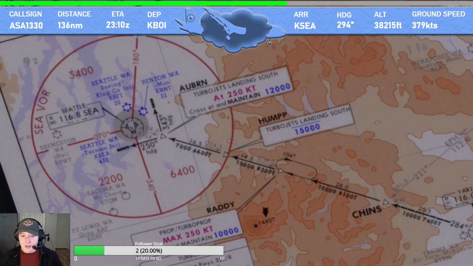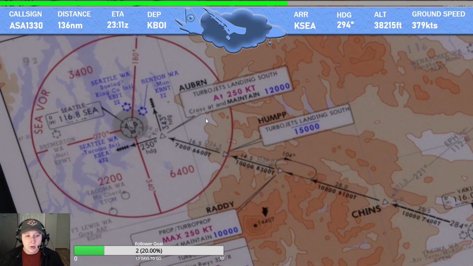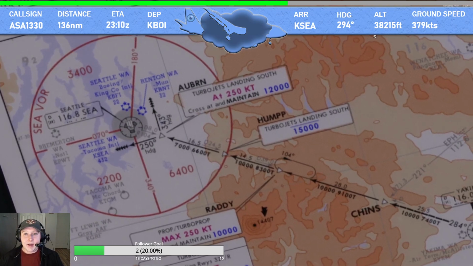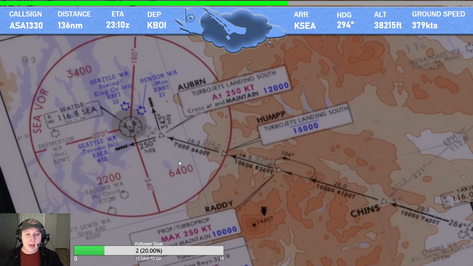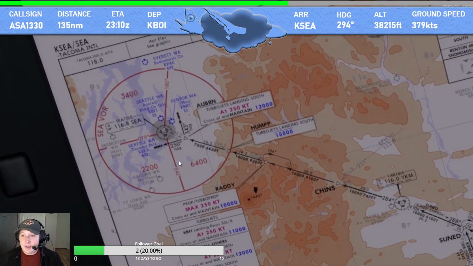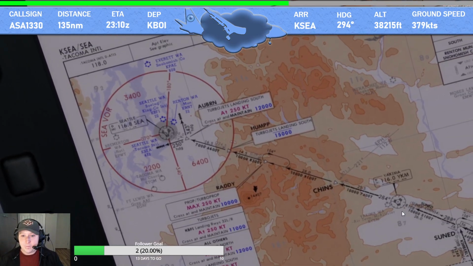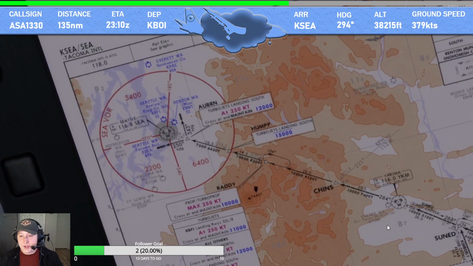My expectation, let me check the weather here in Seattle. Yeah, winds at 190 degrees. So we'll be flying in at, so VOR, they're usually kind of right at airports, so